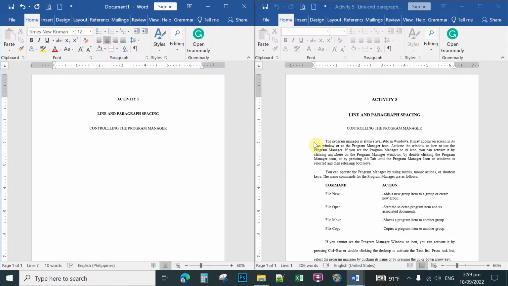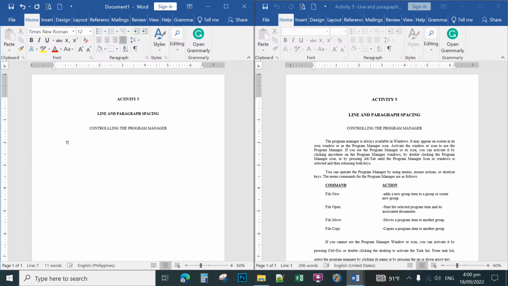If you see paragraph text that is aligned from the left and right edges of the margin, that means it is justified. So you simply click this button here to distribute your text evenly between the margins. Okay, so you have already set it to justify. You can see the justify button is active. To indent the first line, you press the tab key on your keyboard. Press tab and then you type